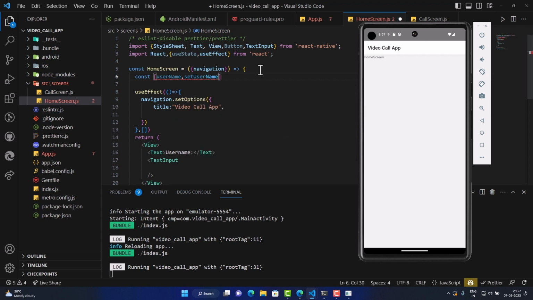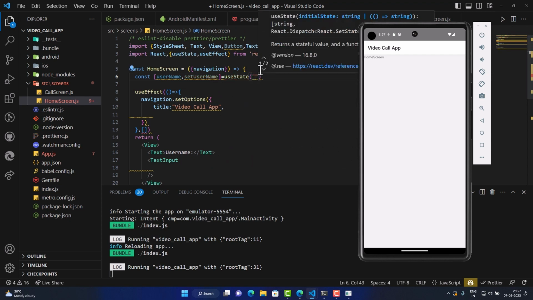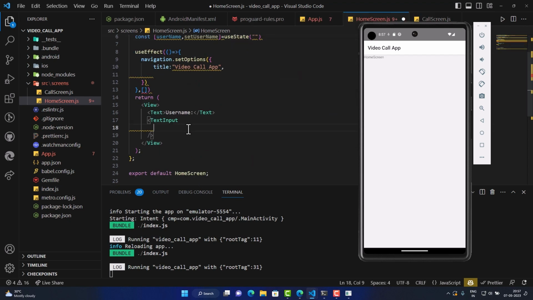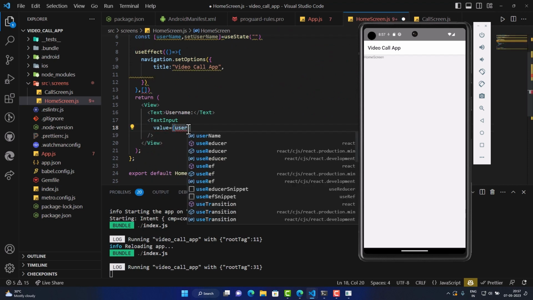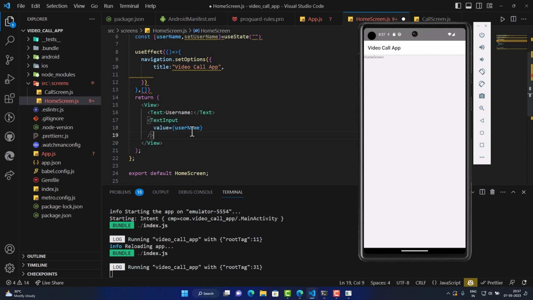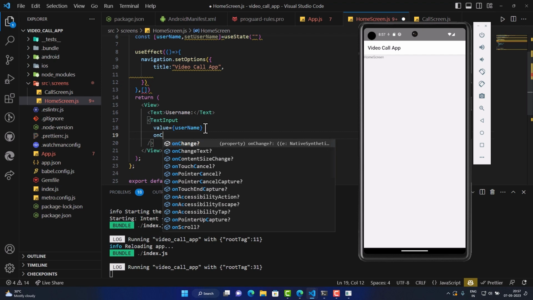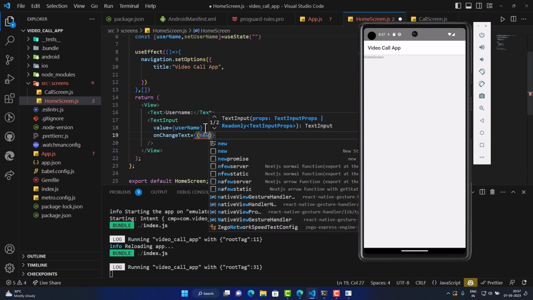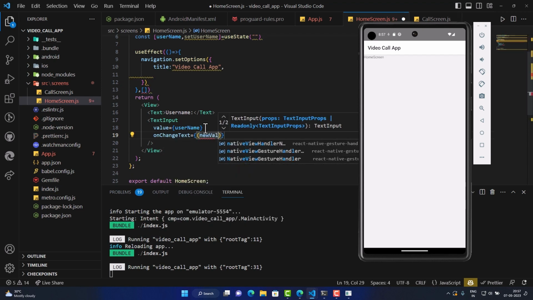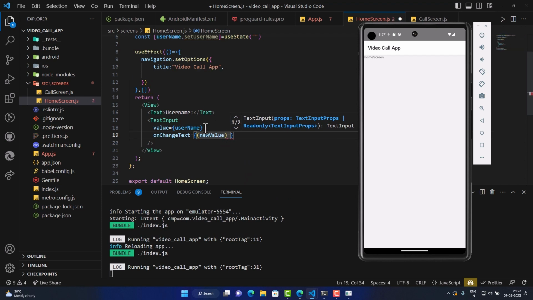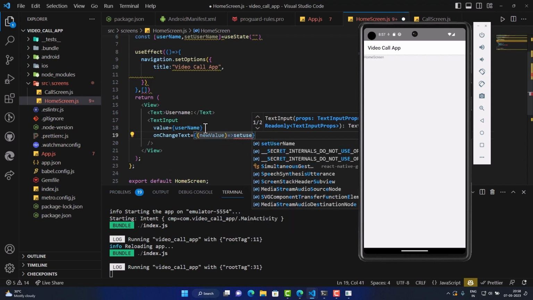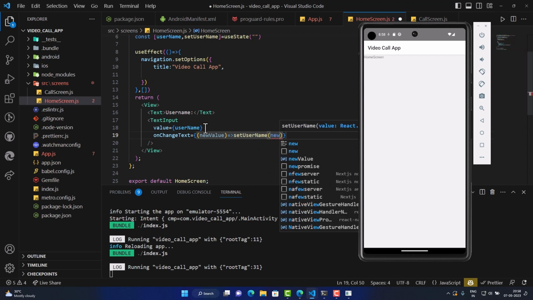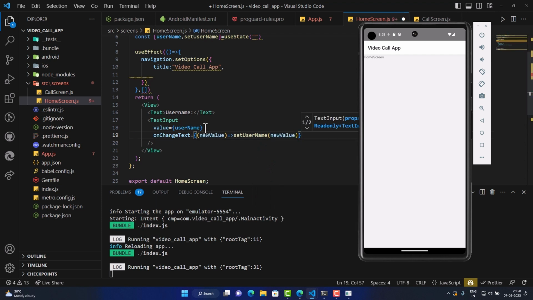Username, set username equal to use state, and yeah, value is username, on change text, value, set username new value,